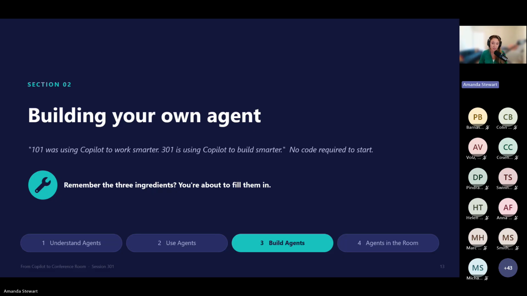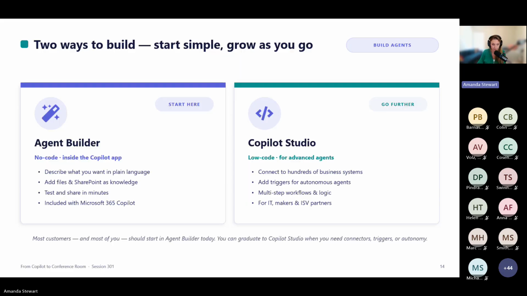For what we are talking about today, there is no code. If you can write a clear set of instructions in plain language, you can build an agent. It's really that simple. So remember our three ingredients: instructions, knowledge, actions. Building is literally just filling in the blanks for those three pillars.